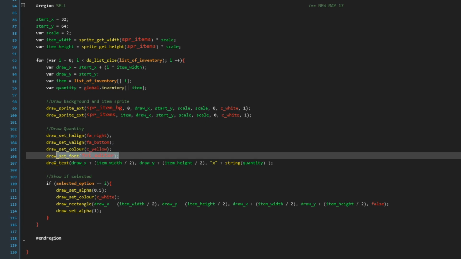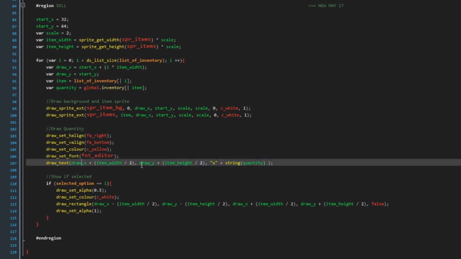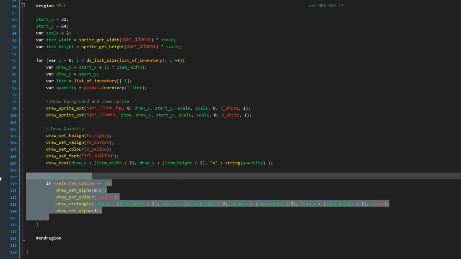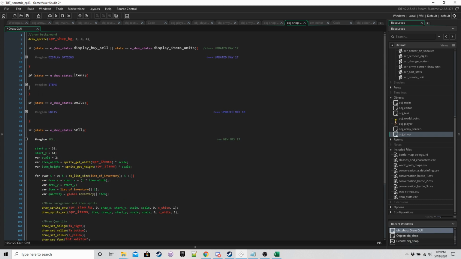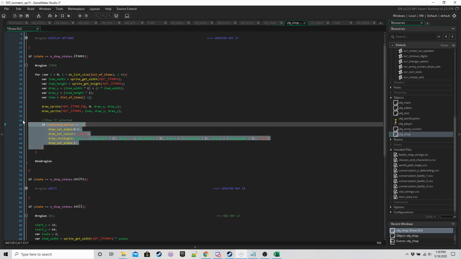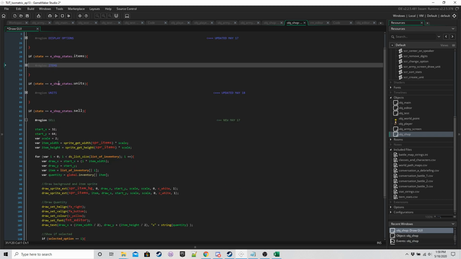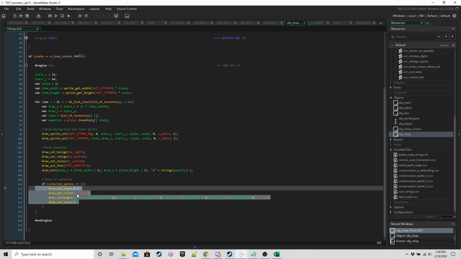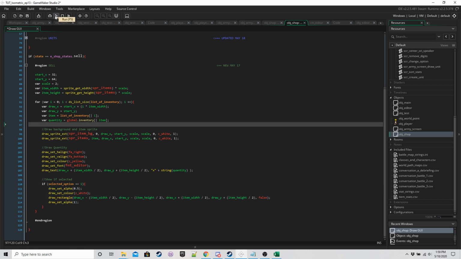We're going to use the FNT editor font, and then these coordinates will position it for the bottom right, and then we're going to draw an X plus the number of the quantity, and then this is the same code as we have here. It's just the same as this. Basically, if I equals selected option is this thing we're trying to sell, then highlight it. That's all it does. So if we run the game,